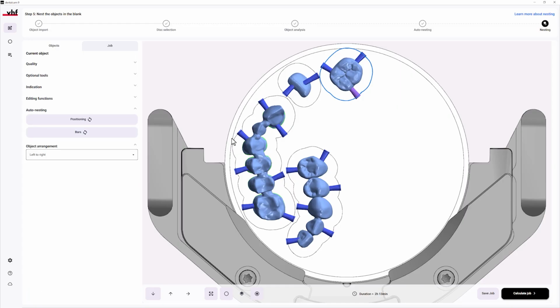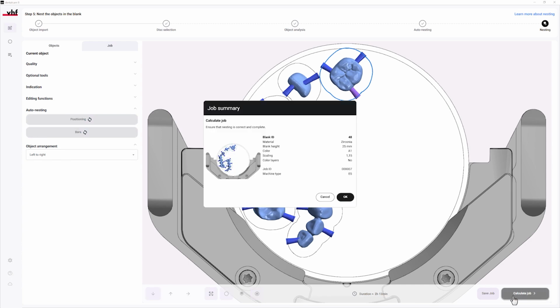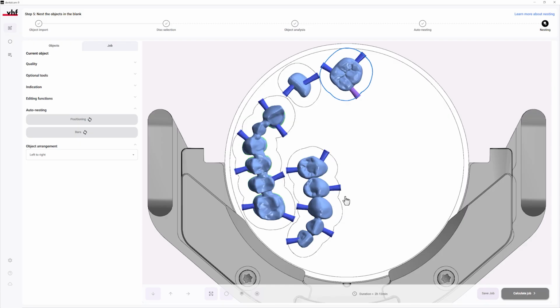Once you've finished nesting the objects, you can have the job calculated. That's it. You have successfully created a job in DentalCam 9.